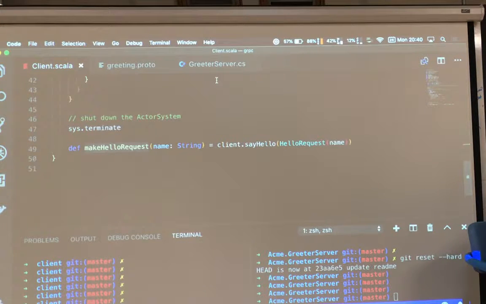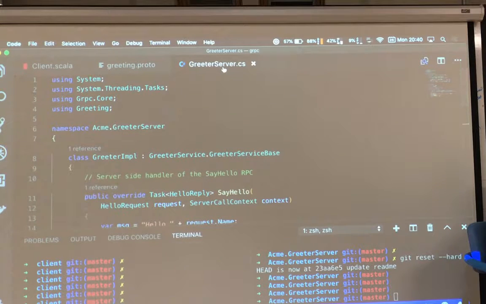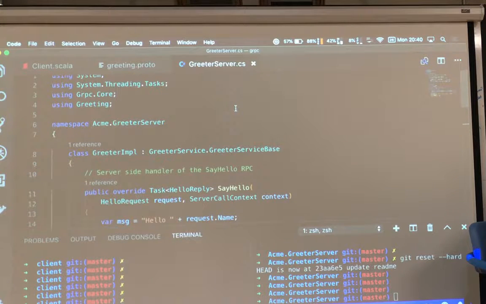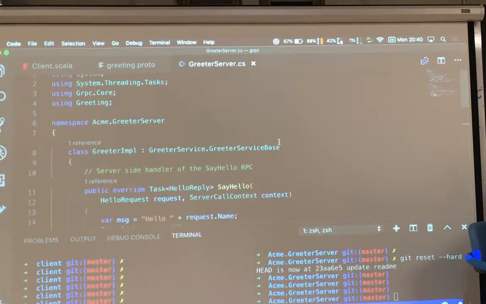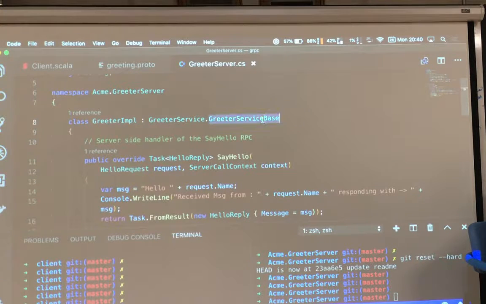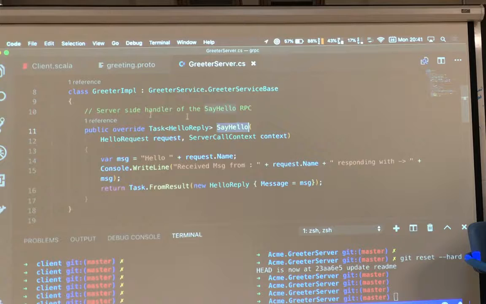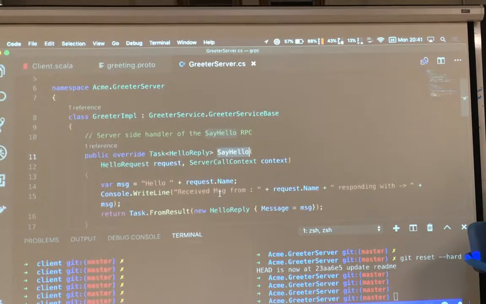Don't grimace too much. However, if we were to do this in C#, which surprisingly worked quite well on my Mac. I thought I was in some weird situation trying to run C# and .NET Core on a Mac, and that I'd be the only person crazy enough to do it, but it turns out it works pretty well. Again, in the same way, you generate some service classes and create your own implementation which inherits from this. Then you override the two functions. I haven't overridden the stream one because I just wanted to say hello.